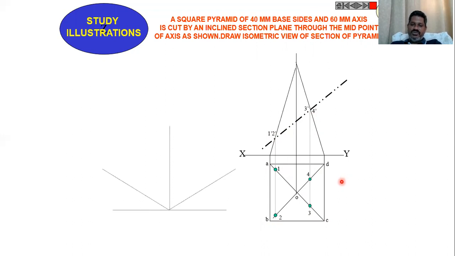To draw the isometric view with the given height, at the bottom construct one rhombus with a side of 40 mm like this. Then locate all these points on the bottom. Then name those points, and this will become 1, 2, 3, 4. And from the 1, 2, 3, 4 points,